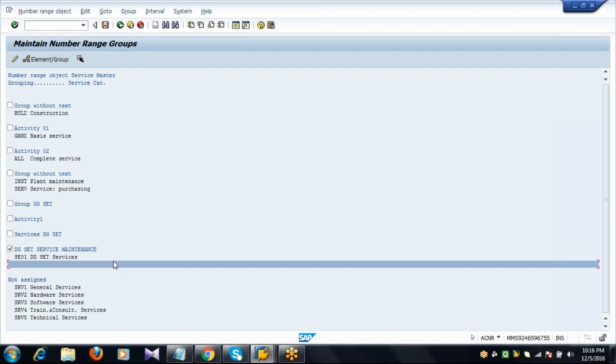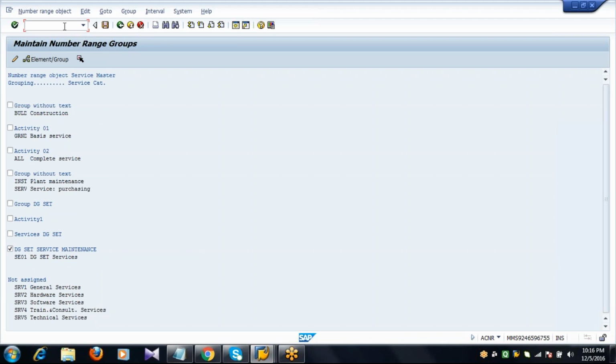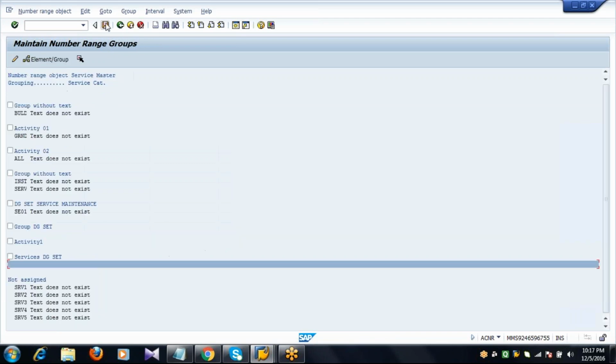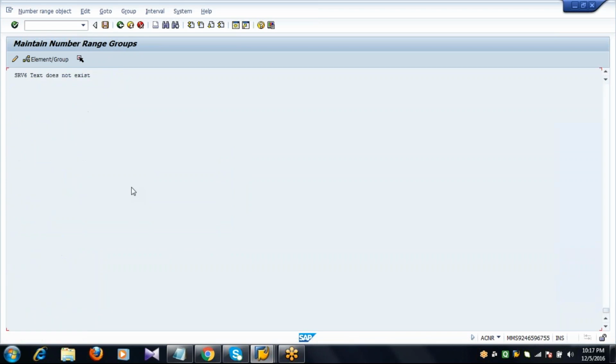Therefore, whenever you create a service with reference to this service category, the system automatically takes the number from the number ranges of the group you created. If you want to see the number ranges you defined for the group, select this line item, this group, tick mark, and click on the pen icon, that is change, and you can see the intervals you have maintained. Save the document.